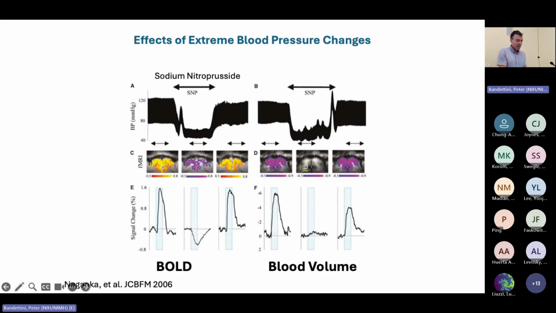So I think that since it's already 2:30, this seems like a logical place to stop my talk, and then I'll continue on with BOLD dynamics. I'll fit this in somewhere before the next talk, and I'll talk about BOLD dynamics, and then a little bit of perfusion, a little bit of blood volume, and end there. So the next talk will be